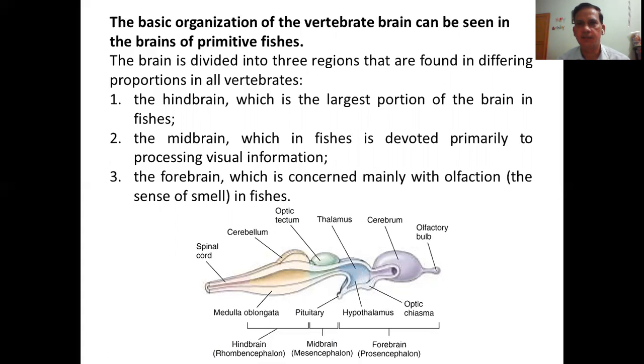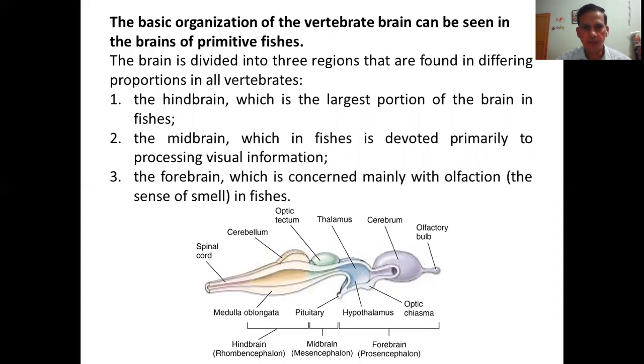So in fishes, the brain is divided into three regions. What are those regions? These are the hind brain. You can see from here, this part, the hind brain, is the largest portion of the brain. That hind brain consists of the medulla oblongata, pons, and the cerebellum. The next part is the